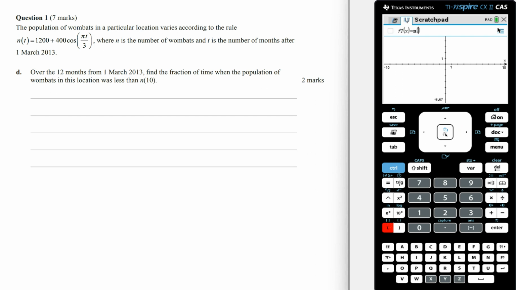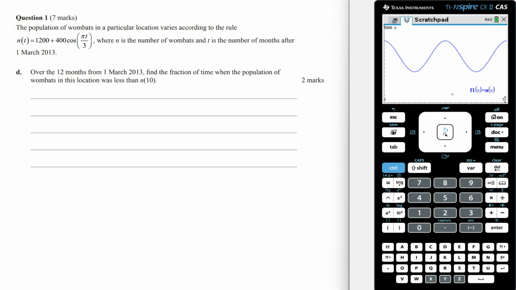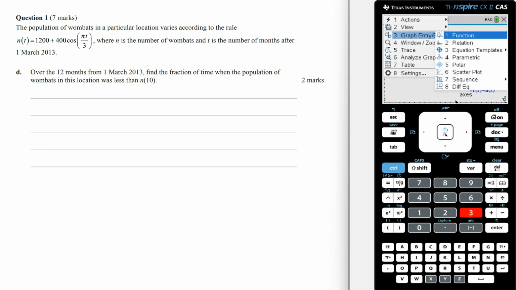And so, graphing n of t, or n of x, we're going to need to change the window settings to get a better view of the graph. We know that the minimum value was 800 and the maximum value was 1600, and we want the x values to be between 0 and 12. And so choosing an appropriate setting, we now have a better view of the graph. And now if we draw the line n of t is equal to 1000,